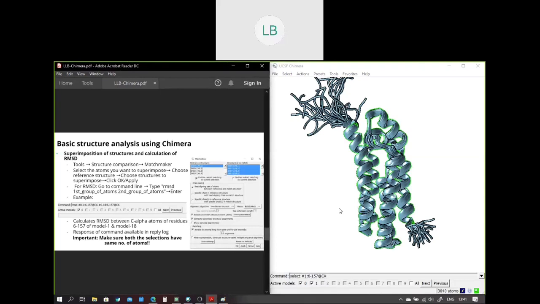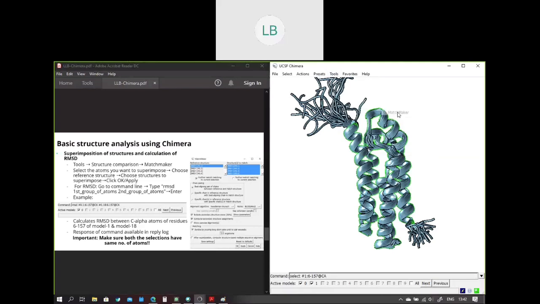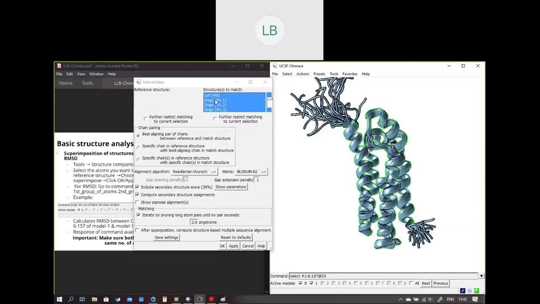Yeah. So first we'll select the residues of the transmembrane domain. We'll go to Tools, then Structure Comparison, then Matchmaker. Here it's asking what reference structure I want to choose. I'll use the first model of 2mgy as reference, and I'll use the rest of the models of this 2mgy as the structures to match.